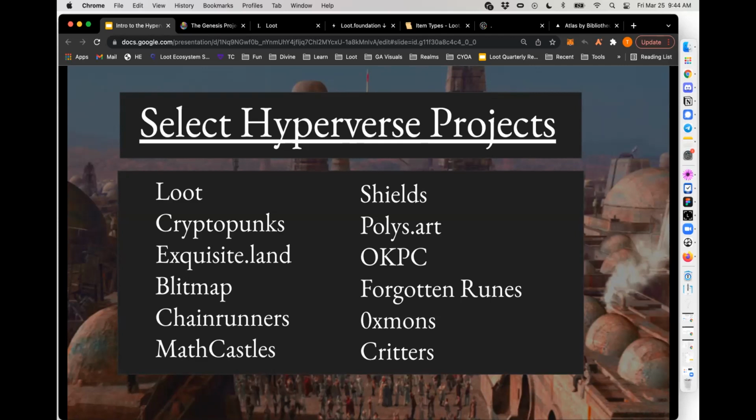If you want to check out OKPC, it's okpc.app, and it's a super, super cool project that's just the exact vibes of what we're talking about today. There's a project called Forgotten Runes that's doing this around wizard cults and card playing and lore building and more and more and more. This is just a select group of projects. But all of them share something special. And what they share is that they are all experiments. They're all experiments in decentralized, trustless teamwork to build collaborative Web3 media universes together, big and small. Not everything needs to be crazy huge.